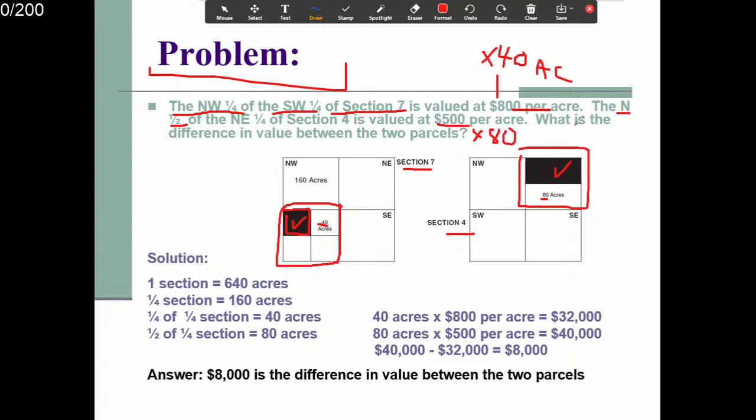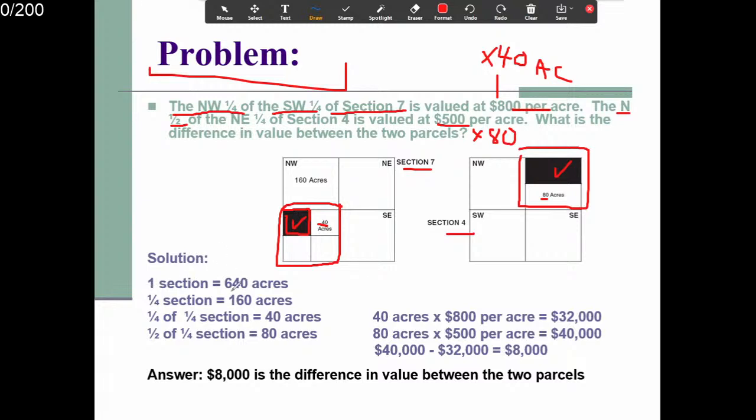And the question is, what is the difference in value between the two parcels, right? 它们这个差额是多少？right？一个是40英亩，OK，乘800块，一个是80个英亩乘500块。So